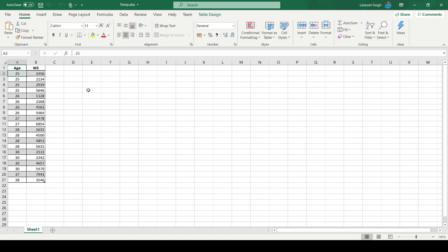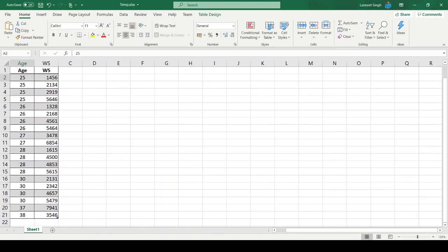So if you see here in this Excel sheet, I have a table, right? Age and, let's say, weekly spend, the money a person of that particular age is spending in a week. And you can imagine that this is part of a larger table. So in Excel, we have this sort and filter functionality, right? We can sort A to Z, Z to A, and there is something called custom sort. This custom sort has the capability of sorting twice.